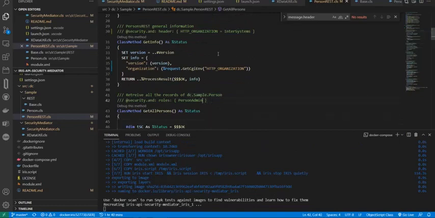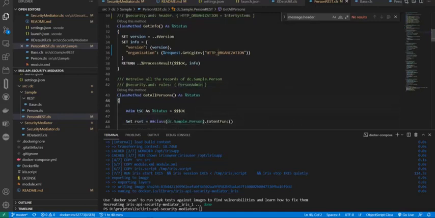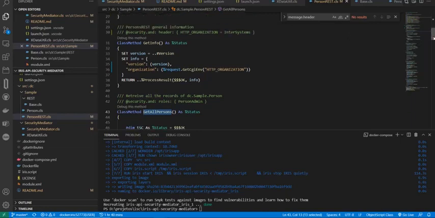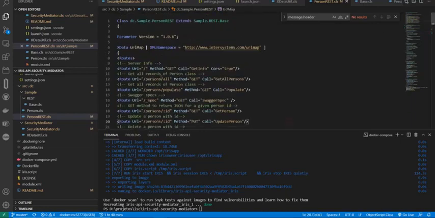So you write security.roles, and the roles inside brackets, person admin, for example. So when you call get all persons, to endpoint persons all,